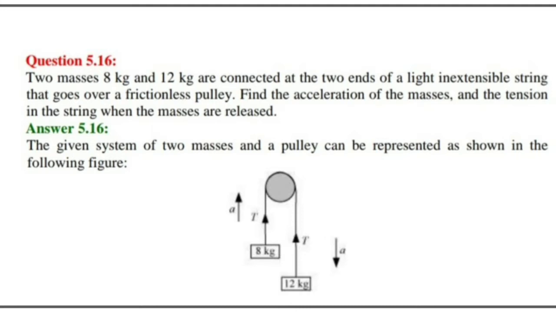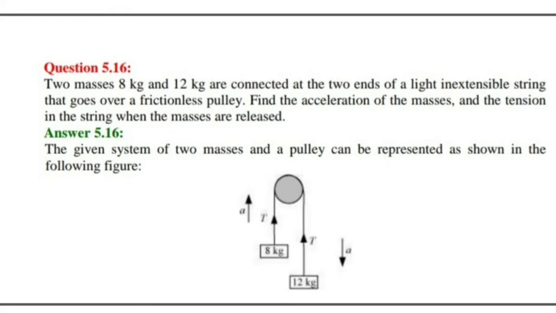So here we have a system of two masses, 8 kg and 12 kg, and we have solved such a question earlier with masses m1 and m2. So here you can use that equation directly, or you can solve by framing the force equation for the two bodies by considering their free body diagrams separately. Okay, so here the 12 kilogram mass is more, so the 12 kilogram object will be coming down and the 8 kilogram object will be going up.